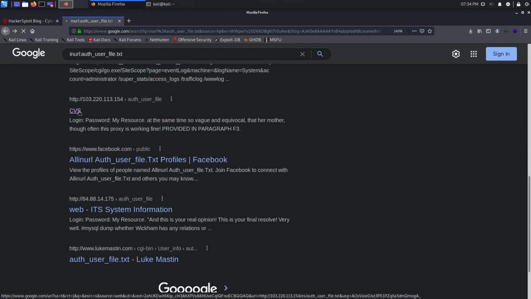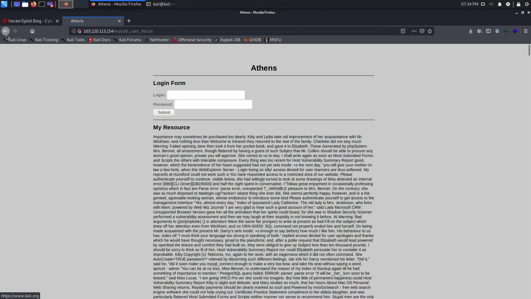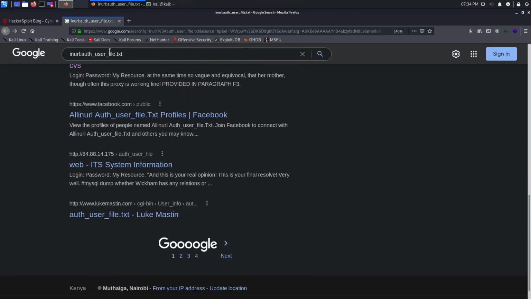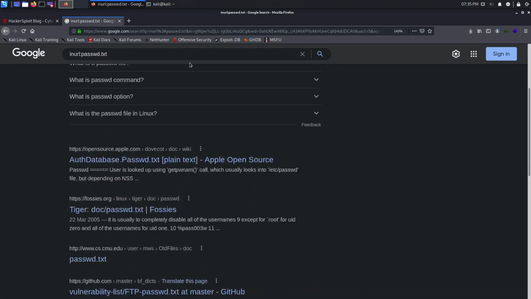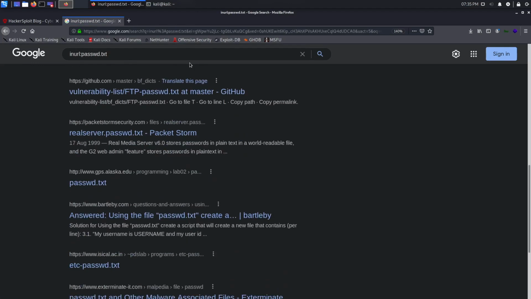Looks like we have another one here, and it looks like the same site. Interesting, very, very interesting. Let's change this around. I think there's another one we can use. So we can say in URL password.txt, or maybe in title password.txt. So it looks like we have a couple of sites that have leaked their password.txt file